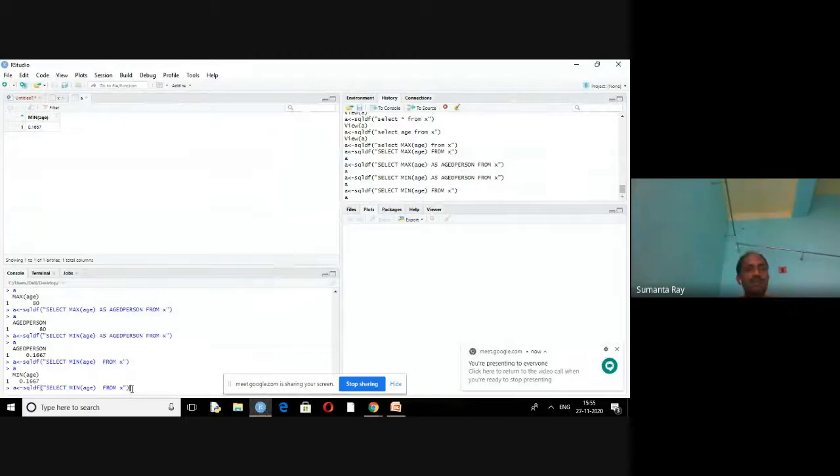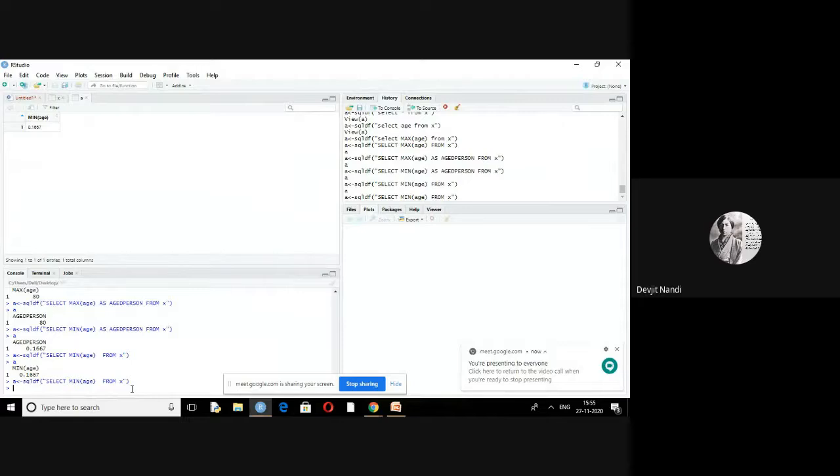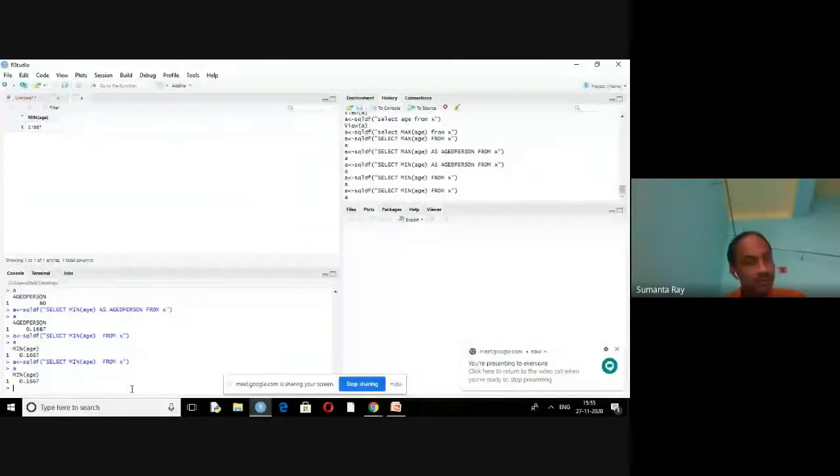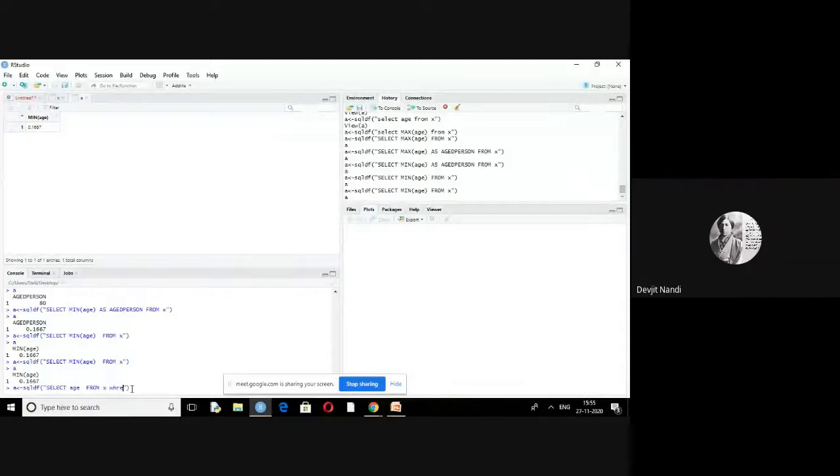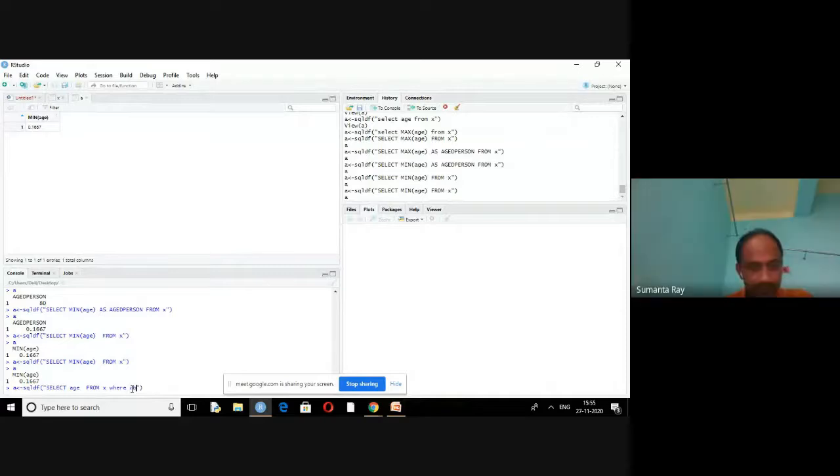Here I have written a query for the minimum age from X. In this way, we can write a query. The interesting thing is that you can just write select age from X, and here you add one clause, where age is greater than 20.